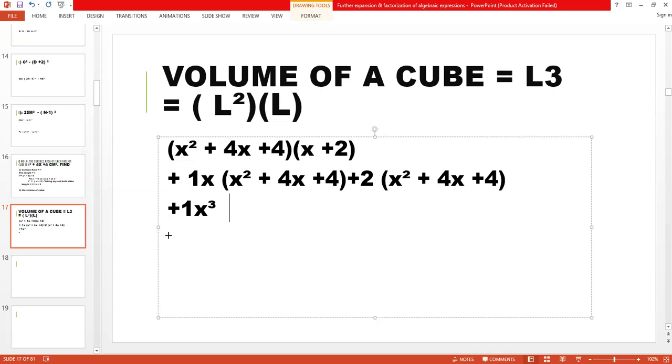Next we come to the second step here. Plus 1 ones are 1. And x multiplied by x becomes x square. So I write here x square. Next, look here. 4 ones are 4. So here I have to write 4. Look here. 1 into 1, 1. 1 into 4, 4. x into x, x square. Next come to the third term. That is again 4. For 1 time 4. And we have to write this x, which is outside the bracket.